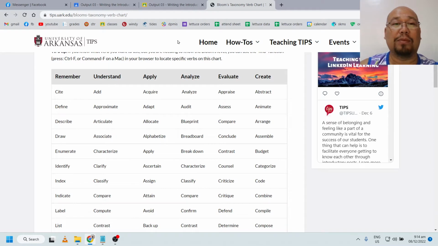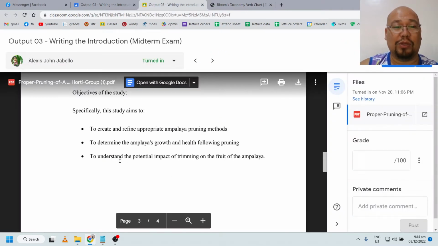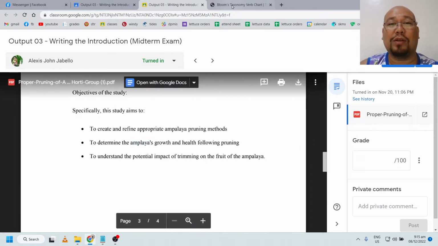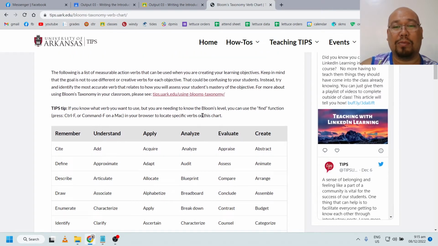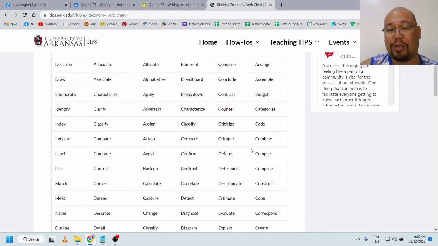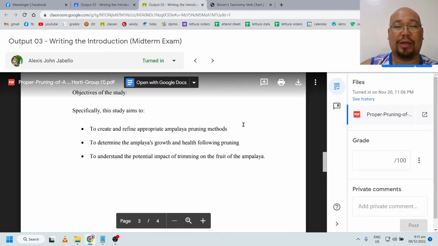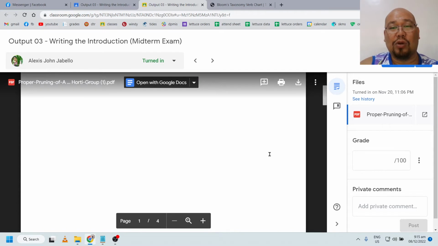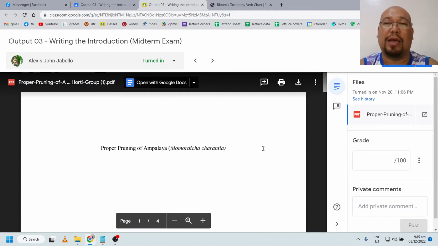So instead of using the term, for example, to understand, which is confusing, determine perhaps. It's easier to understand determine. To create, you are making something. Refine seems confusing still. So you have to be specific. You can consider Bloom's words there, whichever is appropriate. The way I understand, I think we already talked about this in one of our classes before, is I suggested, if possible, I'm not sure about